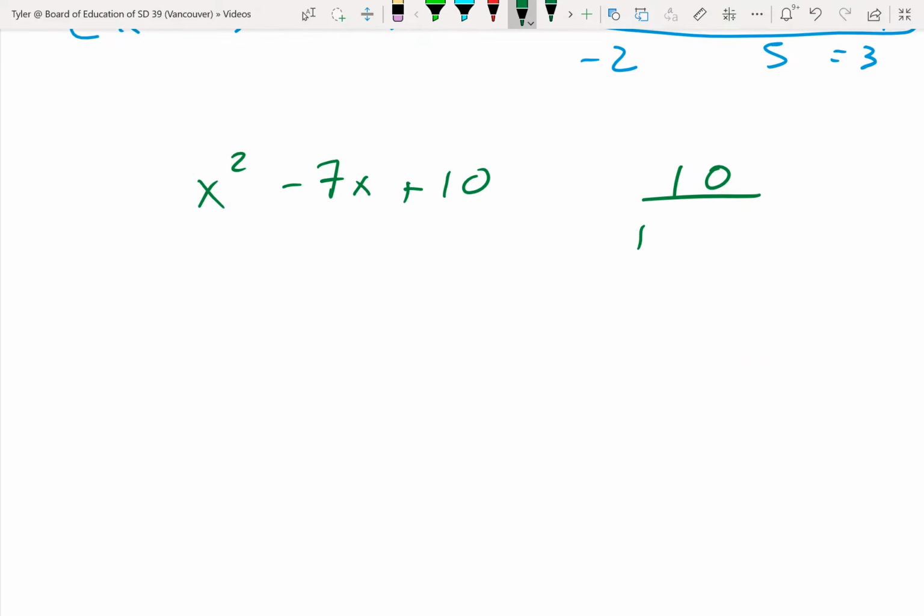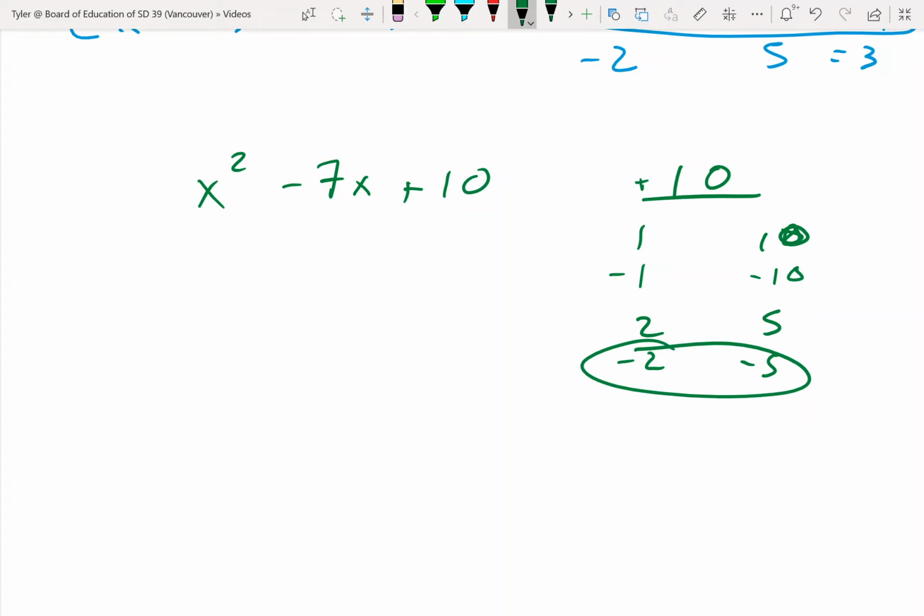So we're going to have 1 and 10 and 2 and 5. So to make +10, we could do 1 times 10, or we could do -1 times -10, -2 times -5. In this case, we actually have to do this one because -2 plus -5 is -7, which is what we're looking for. So the answer for this ends up being,